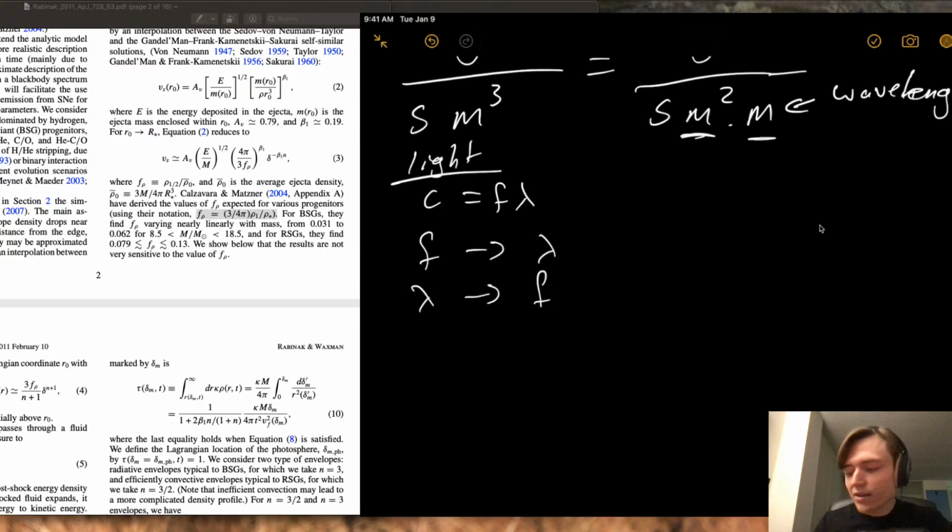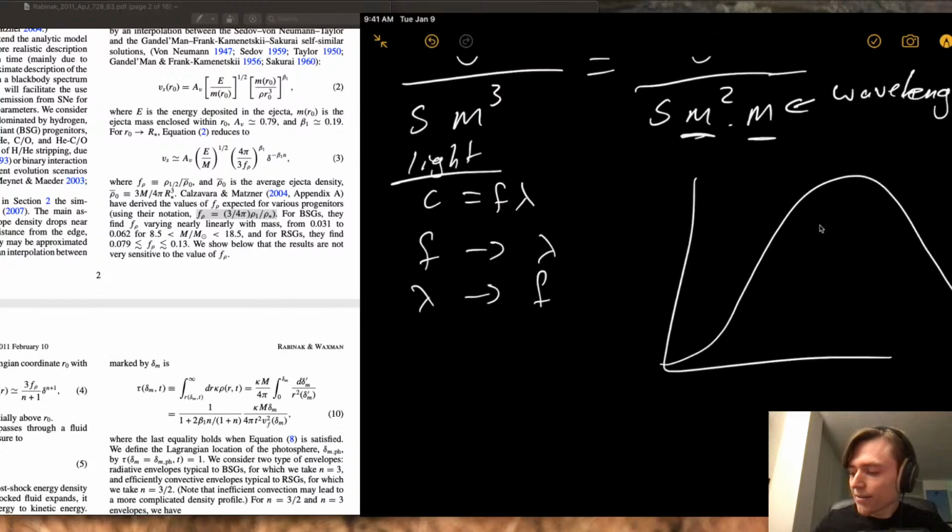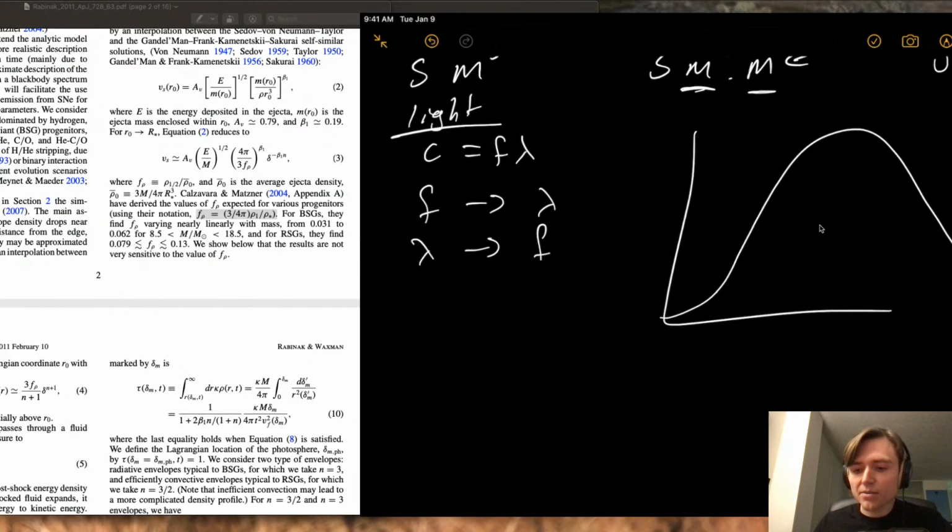But for this case, we have a distribution. We have something that looks a little bit like that. And you can't just do a one-to-one conversion, because that messes up the